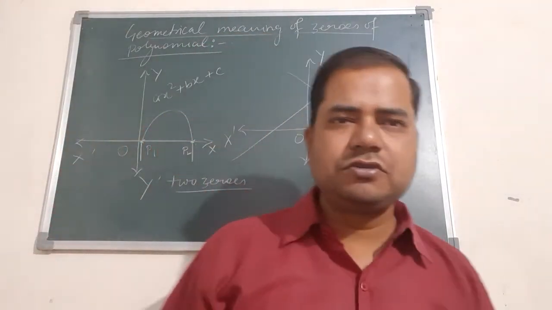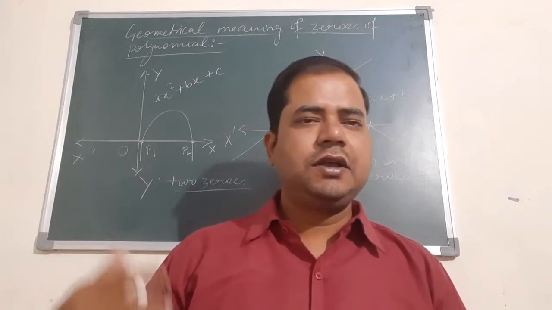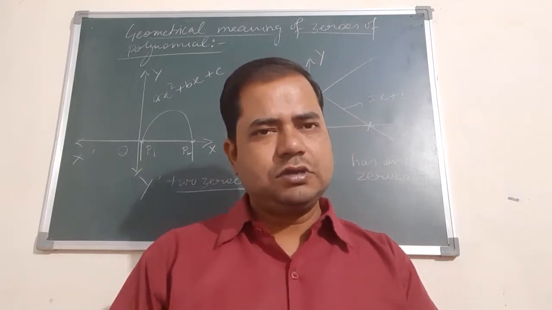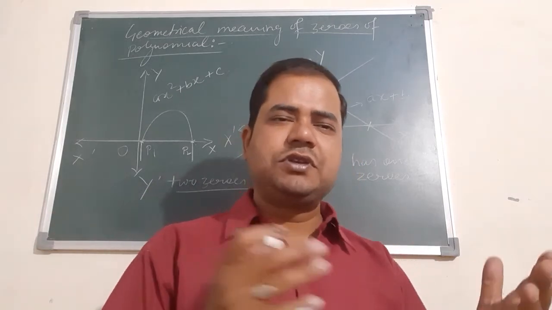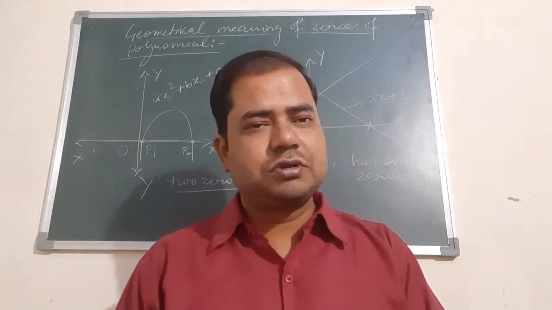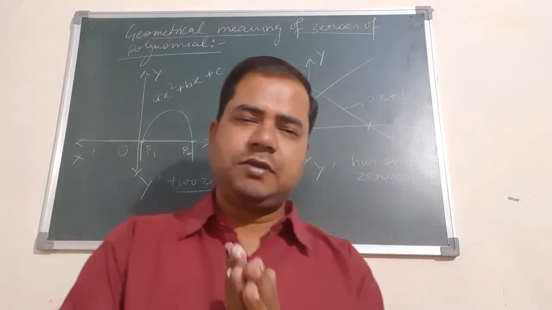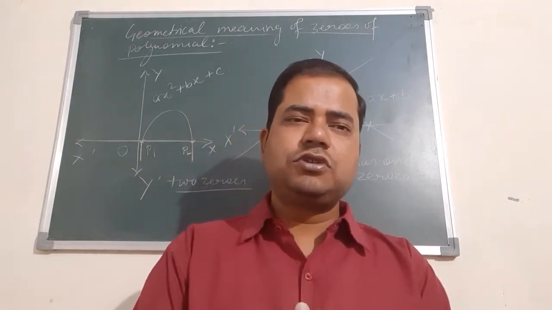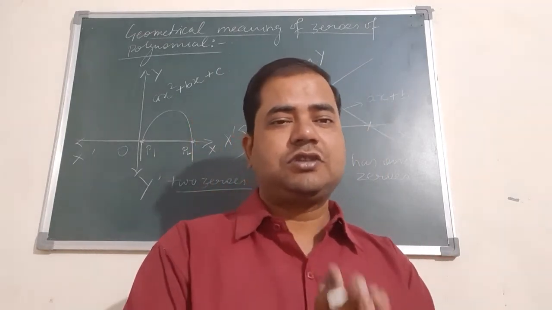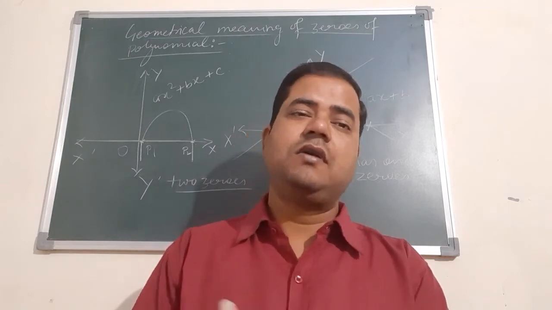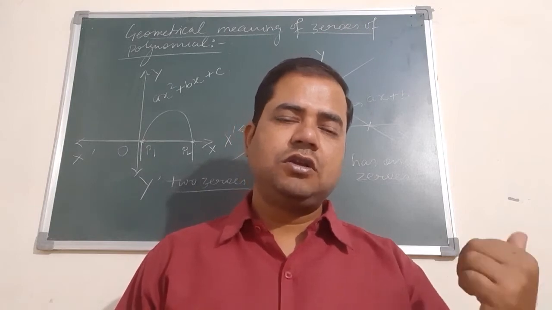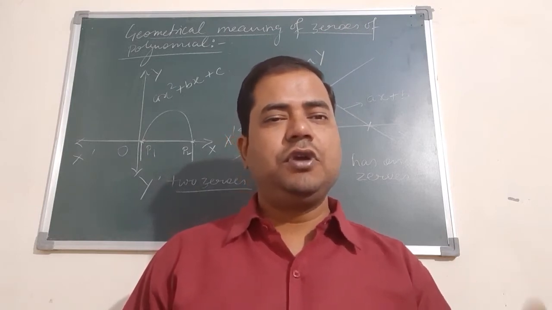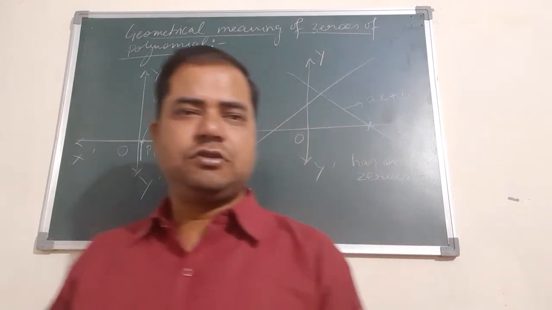So now we are going to see the different cases of the number of zeros, where maybe zeros coincide, maybe there are no zeros. Okay, no zeros means one most important thing: no zeros means there are no real zeros. Actually every equation has a zero, but there are no real zeros. That means not any real zero. Okay, so note it down.